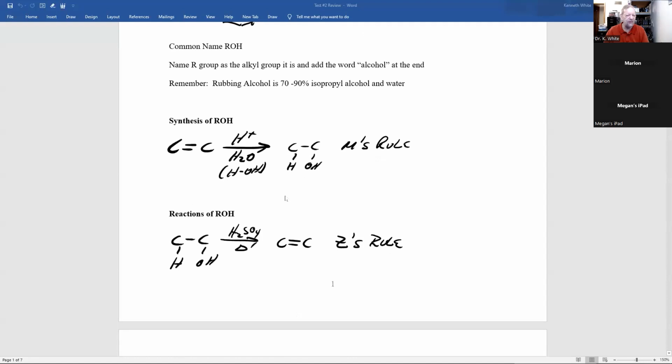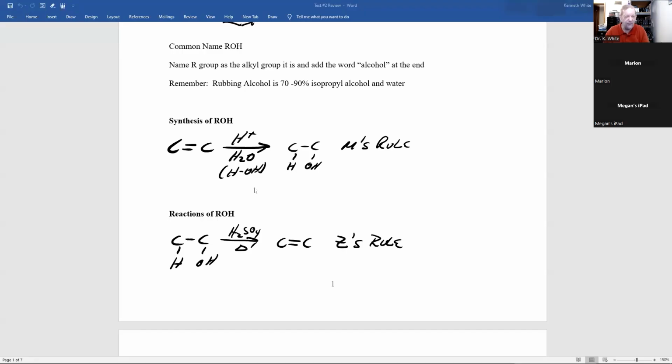All right, now let's look at a reaction. How do you make an alcohol? And this is the only reaction I can put on 2 different tests. Take a double bond, react it with acid and water. Remember, water is HOH, and you break the pi bond. One carbon gets H, the other gets the hydroxyl group OH, and it follows Markovnikov's rule. The carbon with the most hydrogens gets the hydrogen, and then we're talking about the hydrogens on carbon of the double bond, and the other carbon of the double bond gets the hydroxyl group.